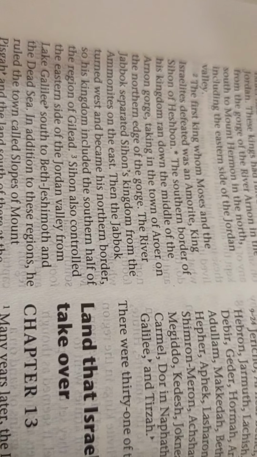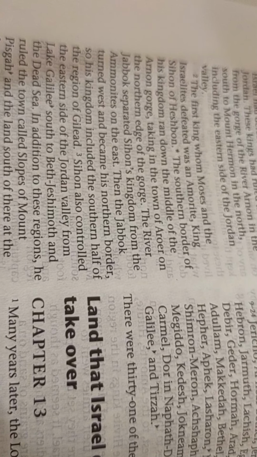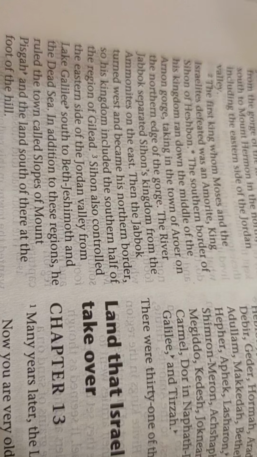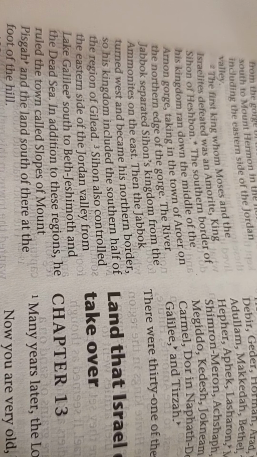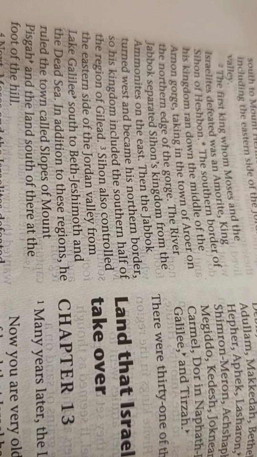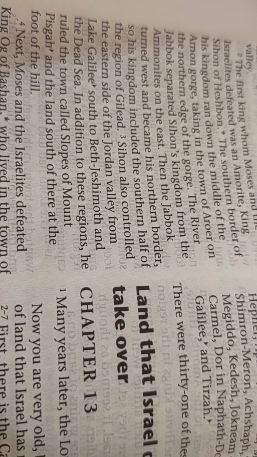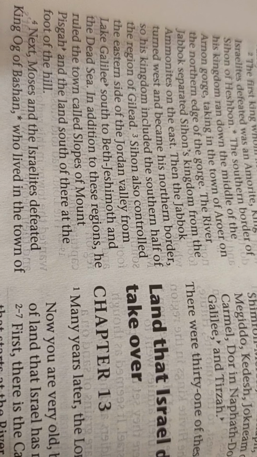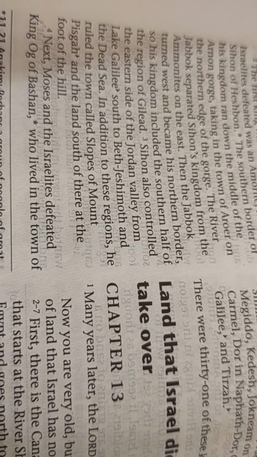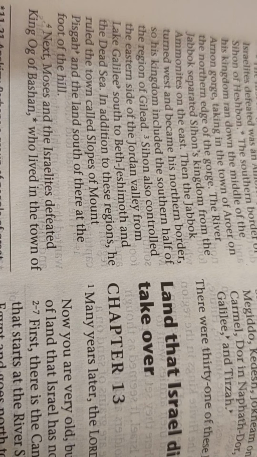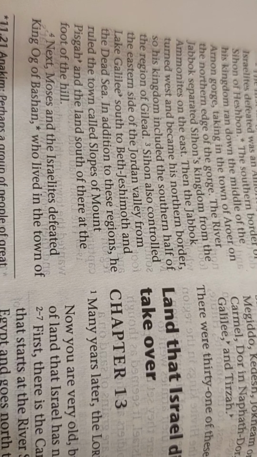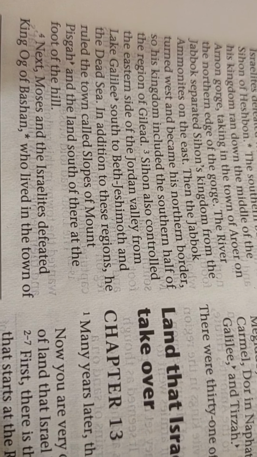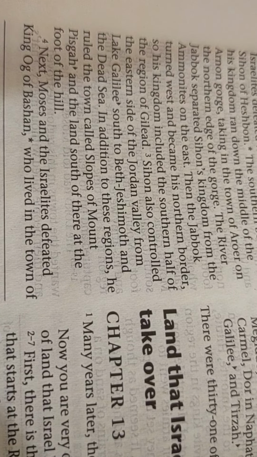The first king whom Moses and the Israelites defeated was an Amorite, King Sihon of Heshbon. The southern border of his kingdom ran down the middle of the Arnon Gorge, taking in the town of Aroer on the northern edge of the gorge. The river Jabbok separated Sihon's kingdom from the Ammonites on the east. Then the Jabbok turned west and became his northern border, so his kingdom included the southern half of the region